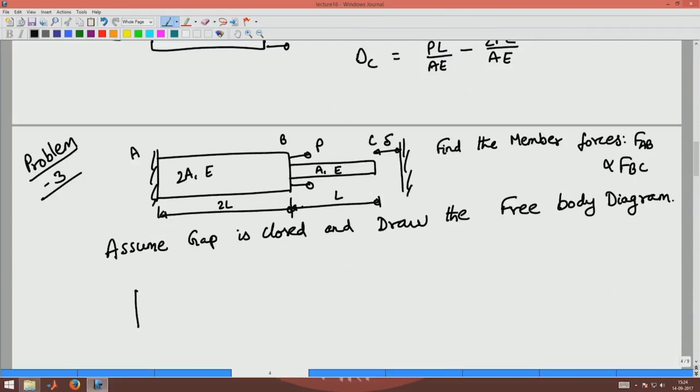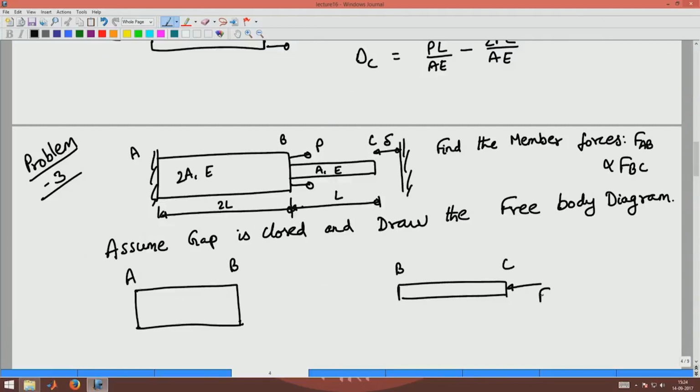Okay. So, for member AB, BC, if the gap is closed, what does that mean? At C, there will be some reaction force coming here, which is F. There will be F here, P there, and there will be a force P minus F, similar to what we had in problem 2, but in